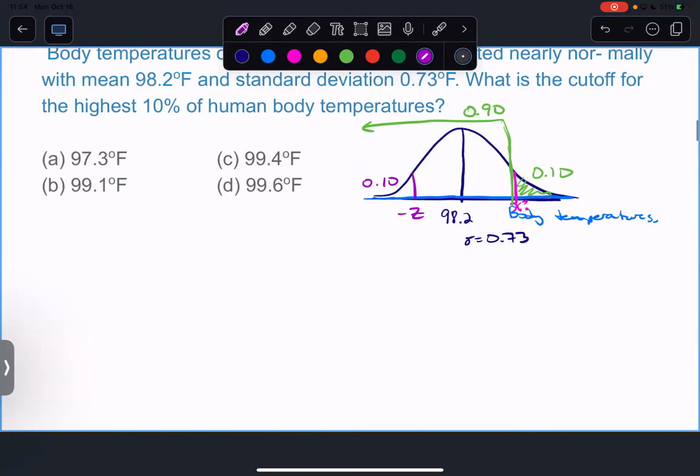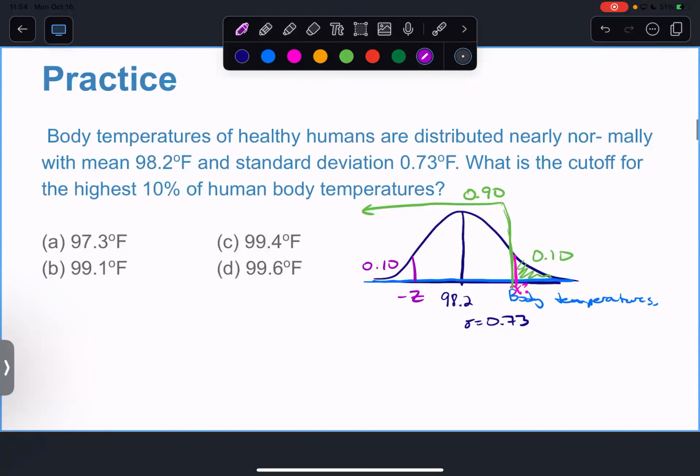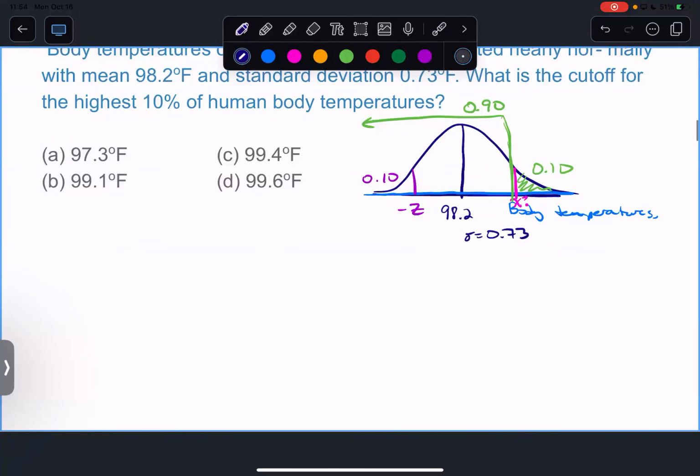So let's see here. 0.1. Which one should I do? Usually I do this one because it's kind of more straightforward. So I'm going to find the table entry closest to 0.9. So now, using the z table,